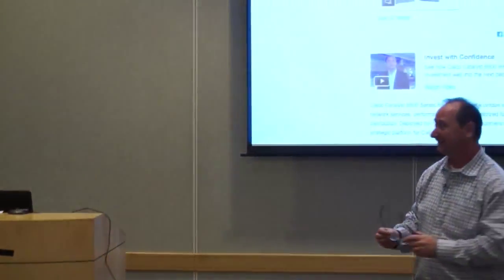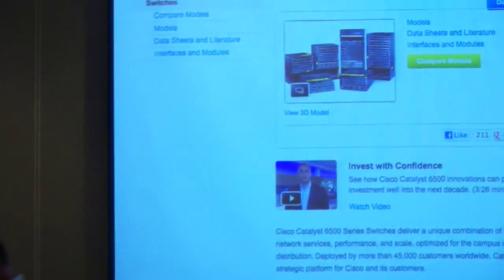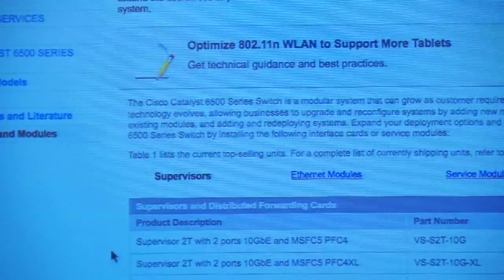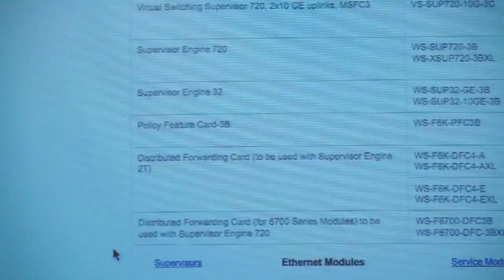The 6500. Remember way back to this morning, when I was talking to you about that SSL offload? We acquired a company. Guess where you think that went into? Catalyst 6500. Still a very unique switch. It's the only switch in the world that can have all these really cool things that go in it. I want to show you some of the things that will go in this, besides the supervisors and all this.